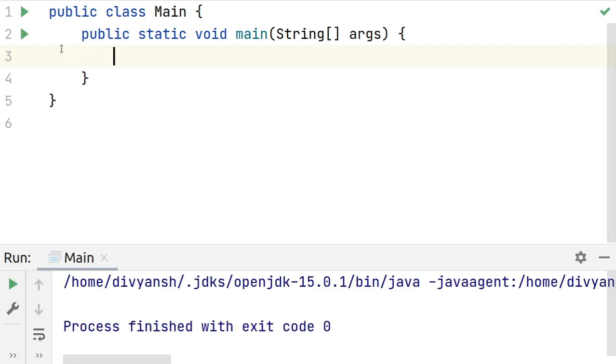like this. Since we have not written anything inside this, it is showing blank, right? Usually the output is shown here. And the usual process finished with exit code 0. That denotes that everything was successful, compilation was done successfully, and everything is done, right? So let us start with variables.